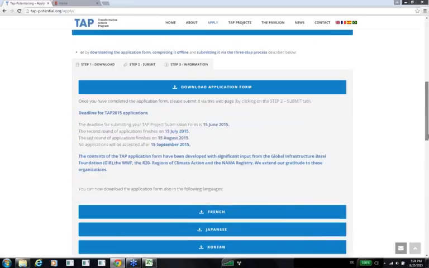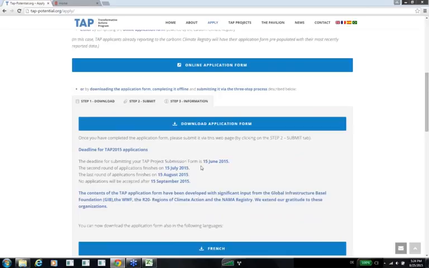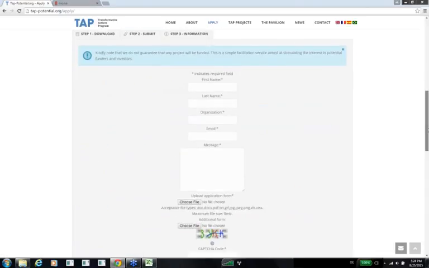And once you've filled out the application form with all the project details, etc., it should be submitted by going into step 2 right here, filling in some of the basic information, and submitting it to us by clicking on this Choose File button right here. Now, along with your application, you'll also be required to attach some supporting documents, such as your local government logo, greenhouse gas inventory, etc., in a compressed zip archive.